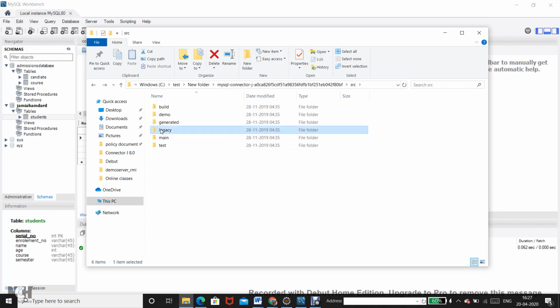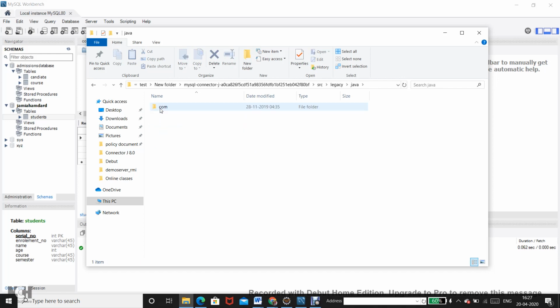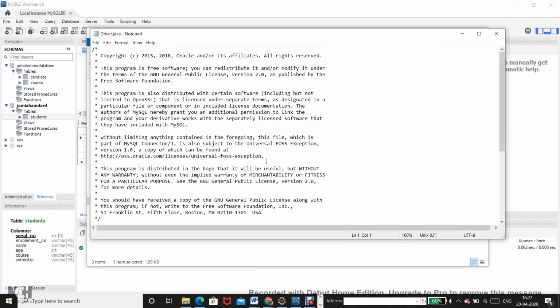Okay, here you have got it, it comes under the legacy folder, and there is a reason why it is coming under the legacy folder.